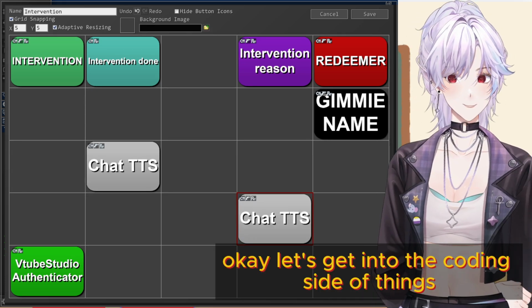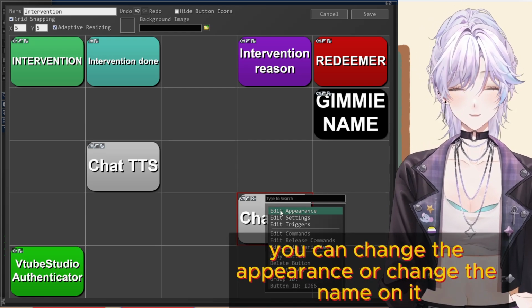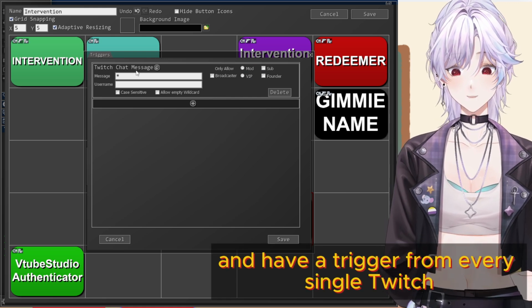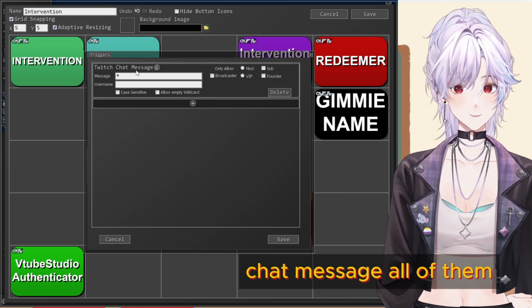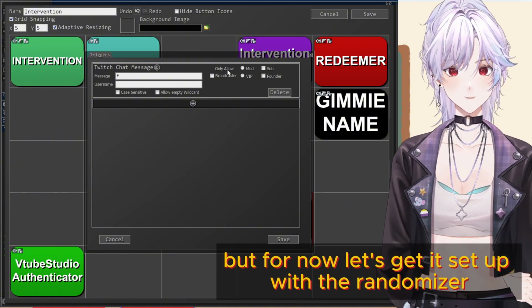Okay, let's get into the coding side of things. So make your button, you can change the appearance, so change the name on it, and then go to triggers and have it trigger from every single Twitch chat message. All of them. You can limit it later if you want, but for now let's get it set up